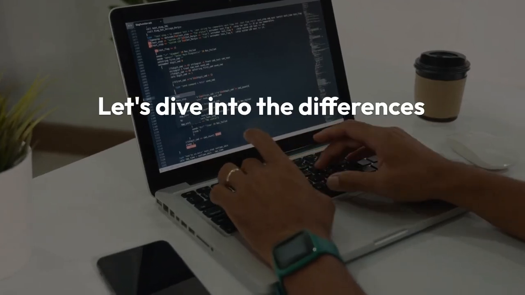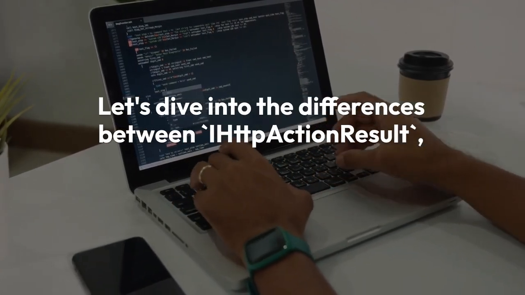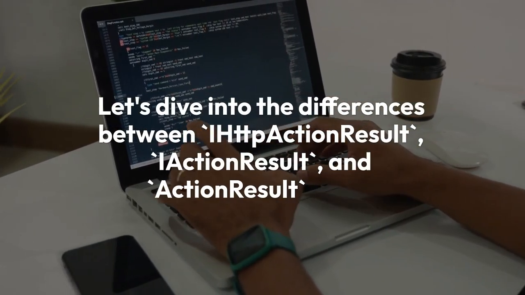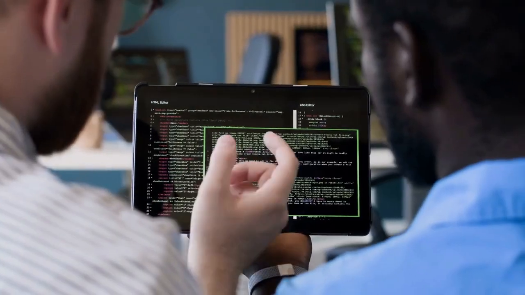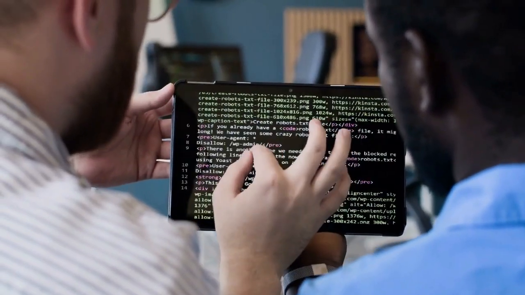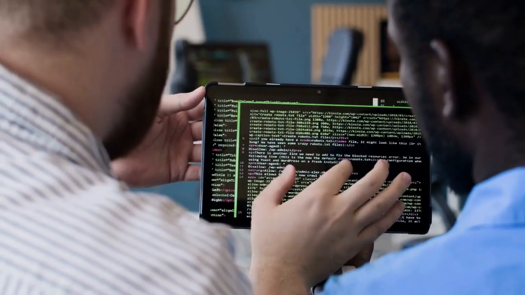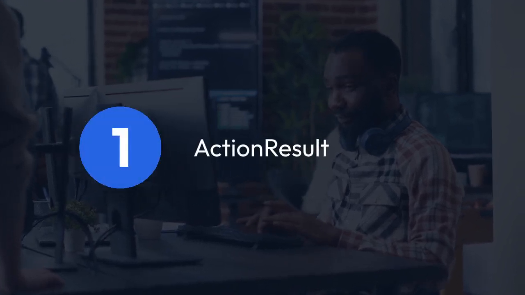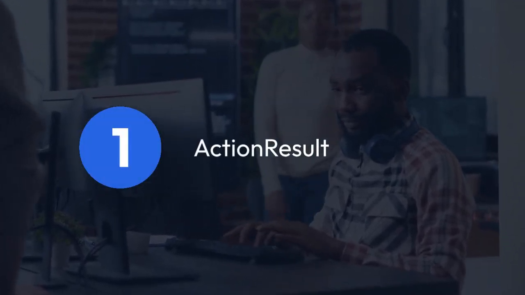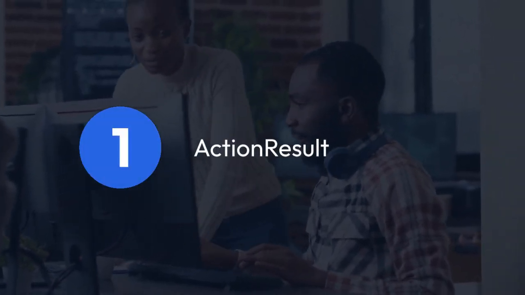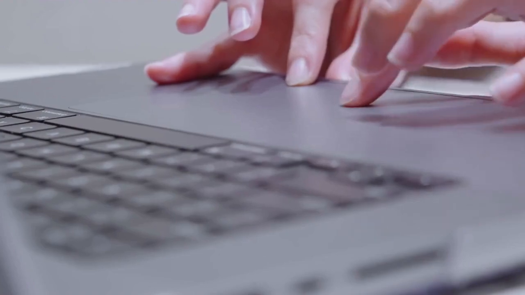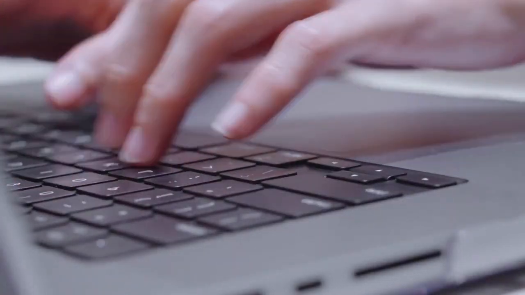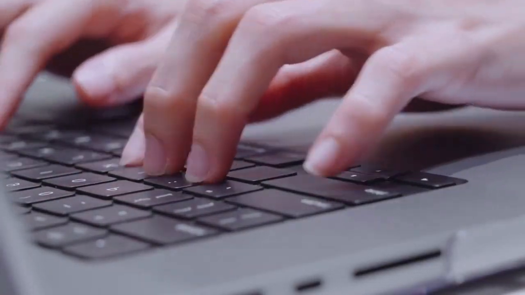Let's dive into the differences between IHttpActionResult, IActionResult, and ActionResult in C#, focusing on their roles in handling HTTP responses within ASP.NET applications. 1. ActionResult is the oldest of the three, originating in the early days of ASP.NET MVC. It's a base class for various result types like ViewResult, JsonResult, RedirectResult, etc., representing different ways to respond to a